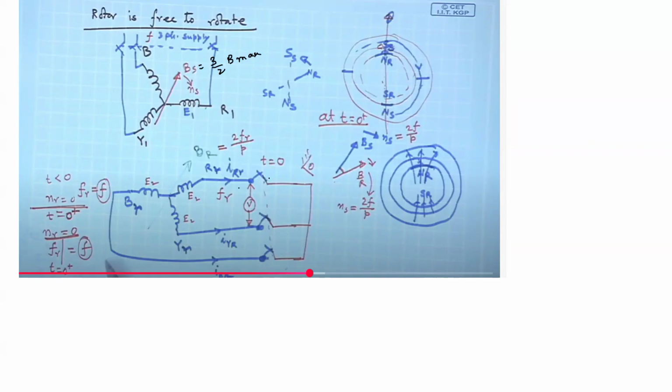Now let us suppose in the rotor what will happen, because these flux lines are cutting the rotor, so E2 will get induced. But what about the rotor flux? Will there be a rotor flux? So suppose the rotor is like this, okay, so E2 is induced,